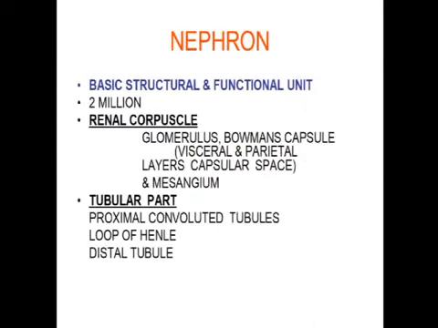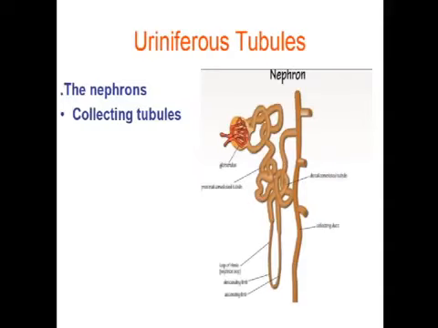If we talk about the nephron, each kidney contains approximately 1.5 million nephrons, or 2 million rather. Nephron is a long epithelium-lined tube which begins blindly and ends by joining a collecting tubule. Nephron is highly tortuous for the greater part of its course and consists of several segments of different structure and function. Each nephron begins as a double-walled cup-shaped dilatation known as the Bowman's capsule.